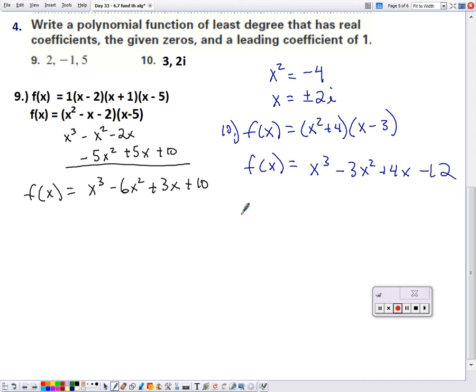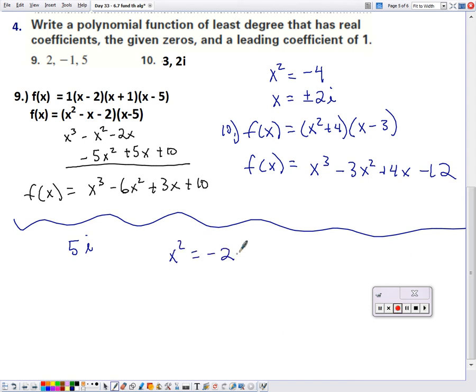there's our polynomial. Again, let's say I had, just as another example, let's say we had 5i as a 0. Well, the only way we could have 5i is if we had x squared equals negative 25. And that would mean that negative 5i is also a 0, and that would mean that x squared plus 25